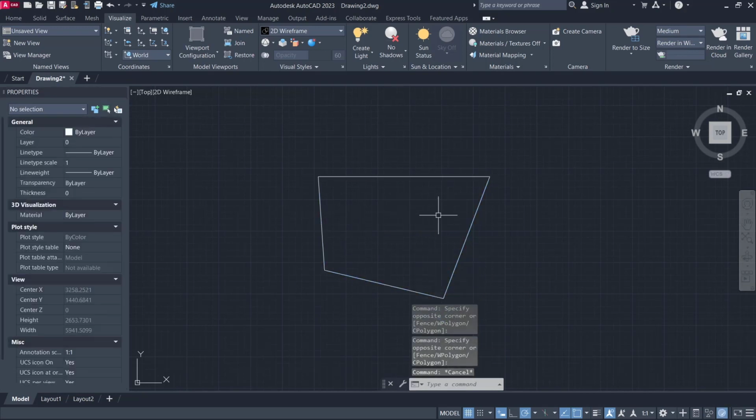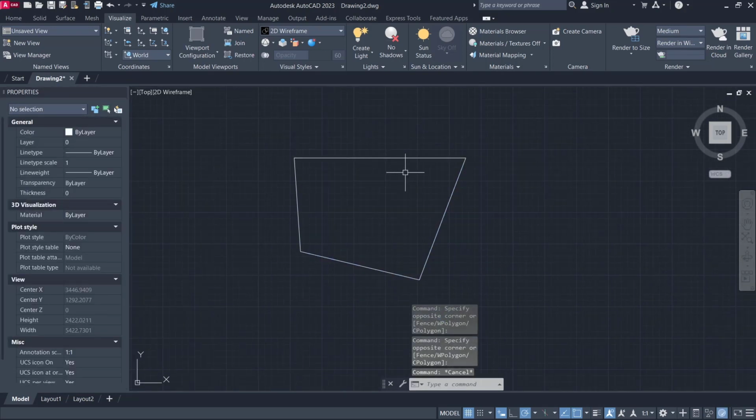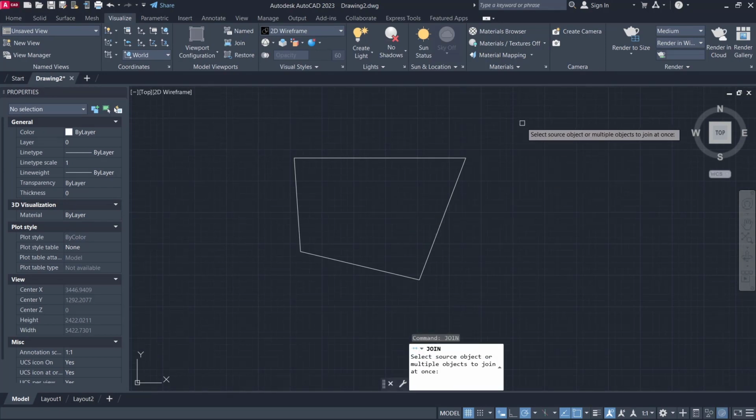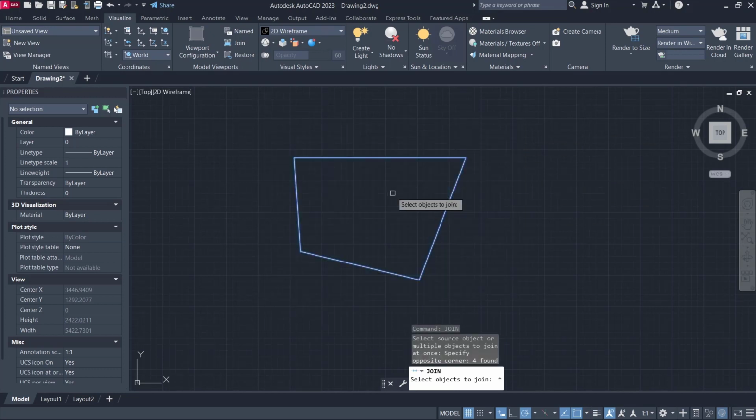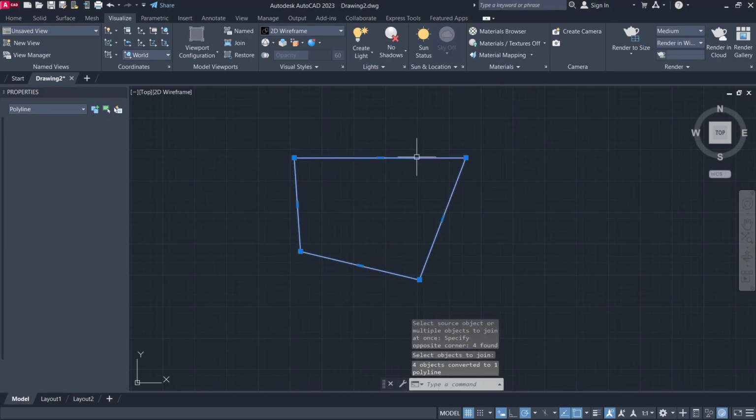So if you want to merge all these line objects, you can use the join command. You can type join, press enter, and then select all the lines, press enter again, so it will automatically merge all